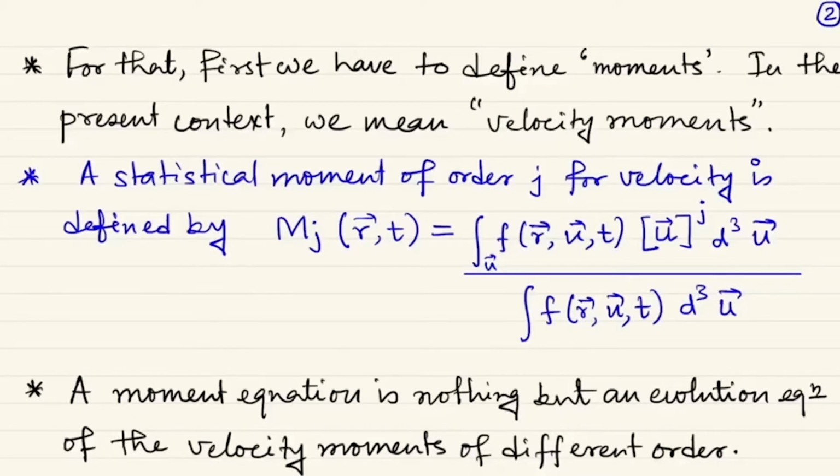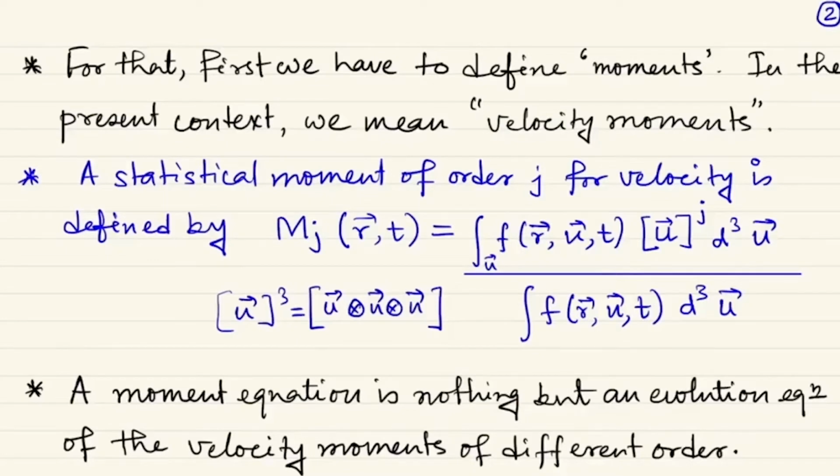This is a vectorial j, so if it is, let's say, u³, then this is nothing but u⊗u⊗u. This is integrated over the velocity space and normalized by